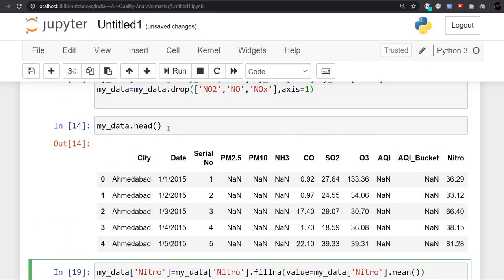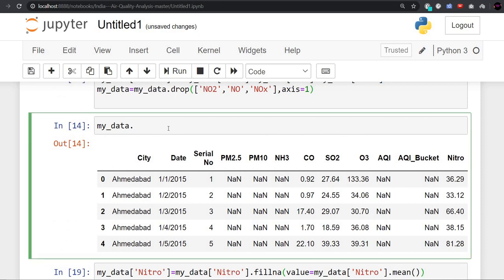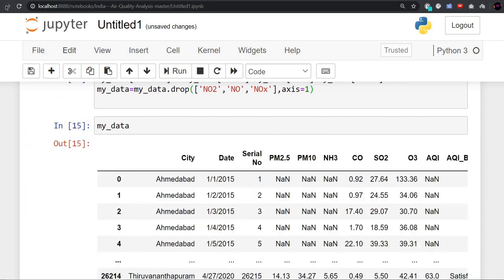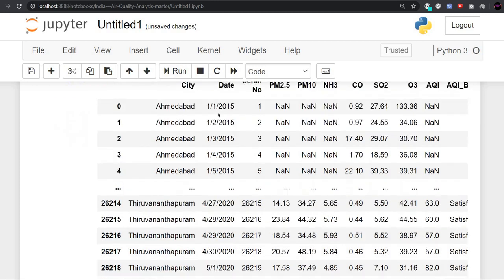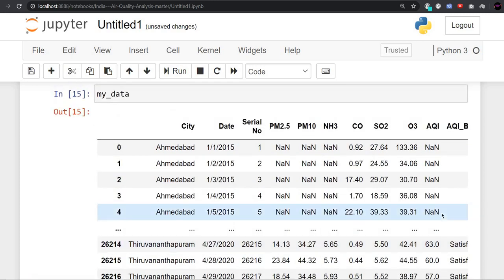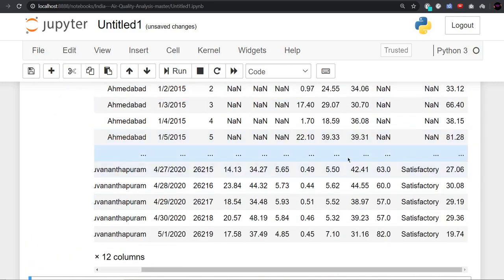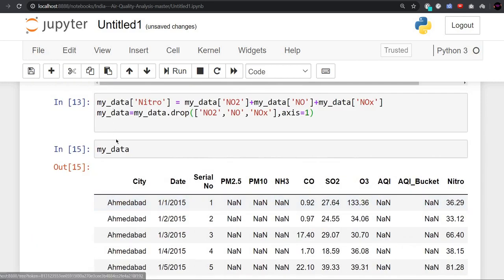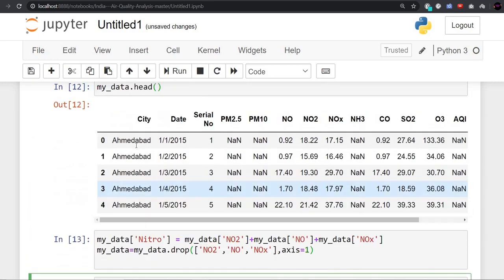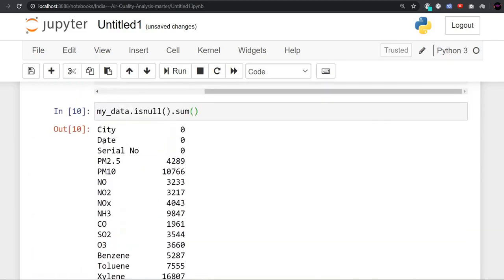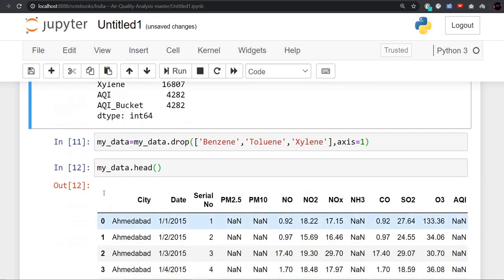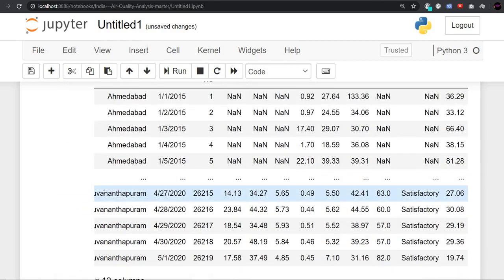If we use directly my data, we can see that we have some null values in between. We can see them with this command, and all columns except date, serial number and cities have null values. So we will have to replace all the null values that are present there.